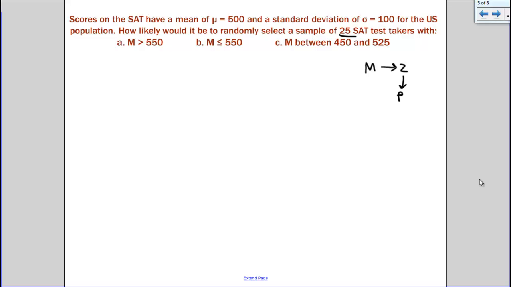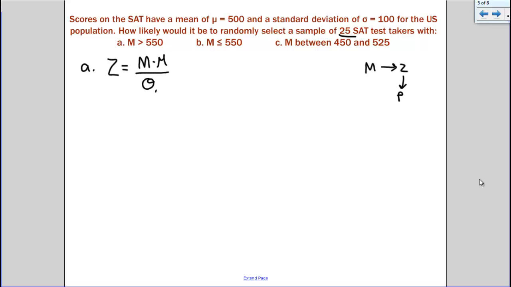So for part A, we want to know how likely would it be if we took a sample of 25 SAT test takers, how likely would it be for us to get a mean on the SAT of more than 550? All right, so we need to first find our z-score. But before we can find our z-score, we need to know what the standard error is. Because if you look at the z formula, z equals the sample mean minus the population mean divided by the